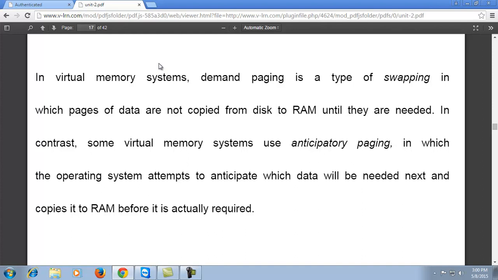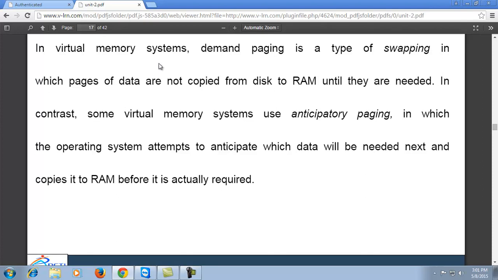Accordingly, the data which is required and requested by the user, the operating system will copy that data from the physical address space and physical memory and display that content in the user interface, or copy that content into the main memory, from where it takes support and displays on the screen. So the next topic is